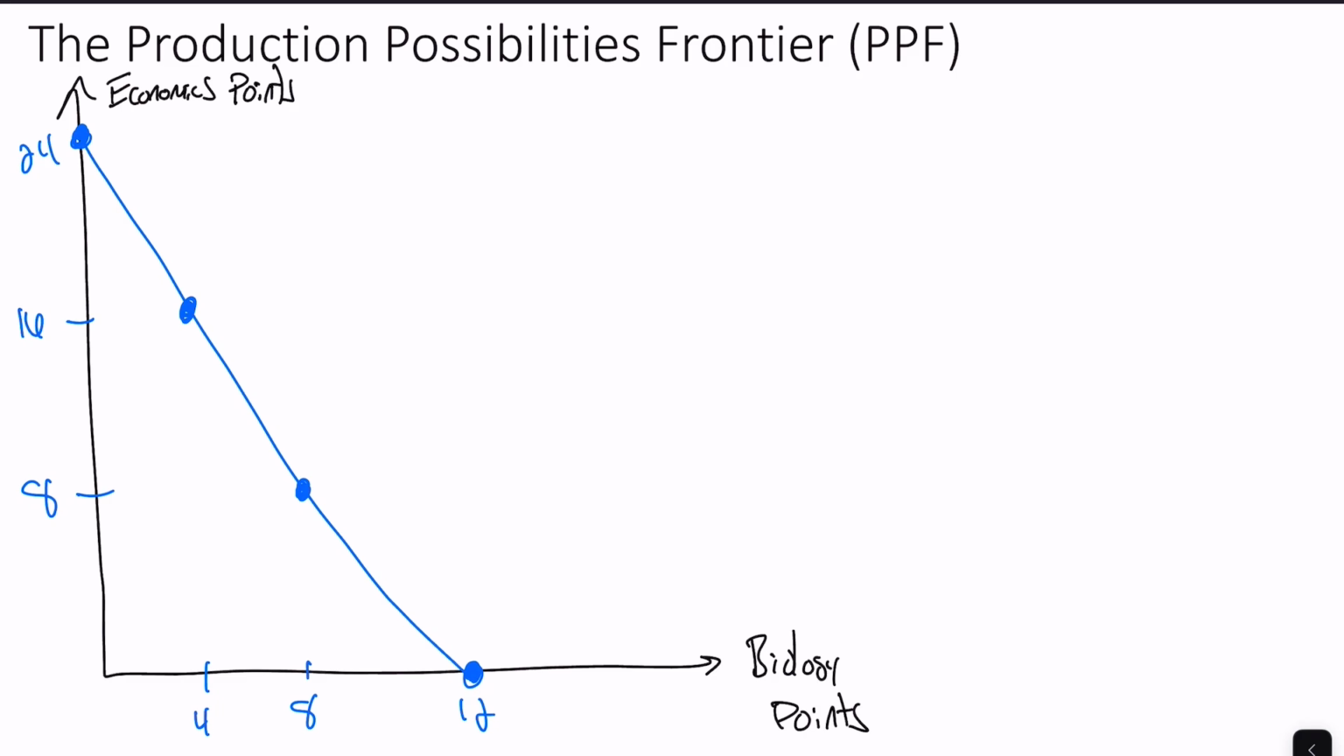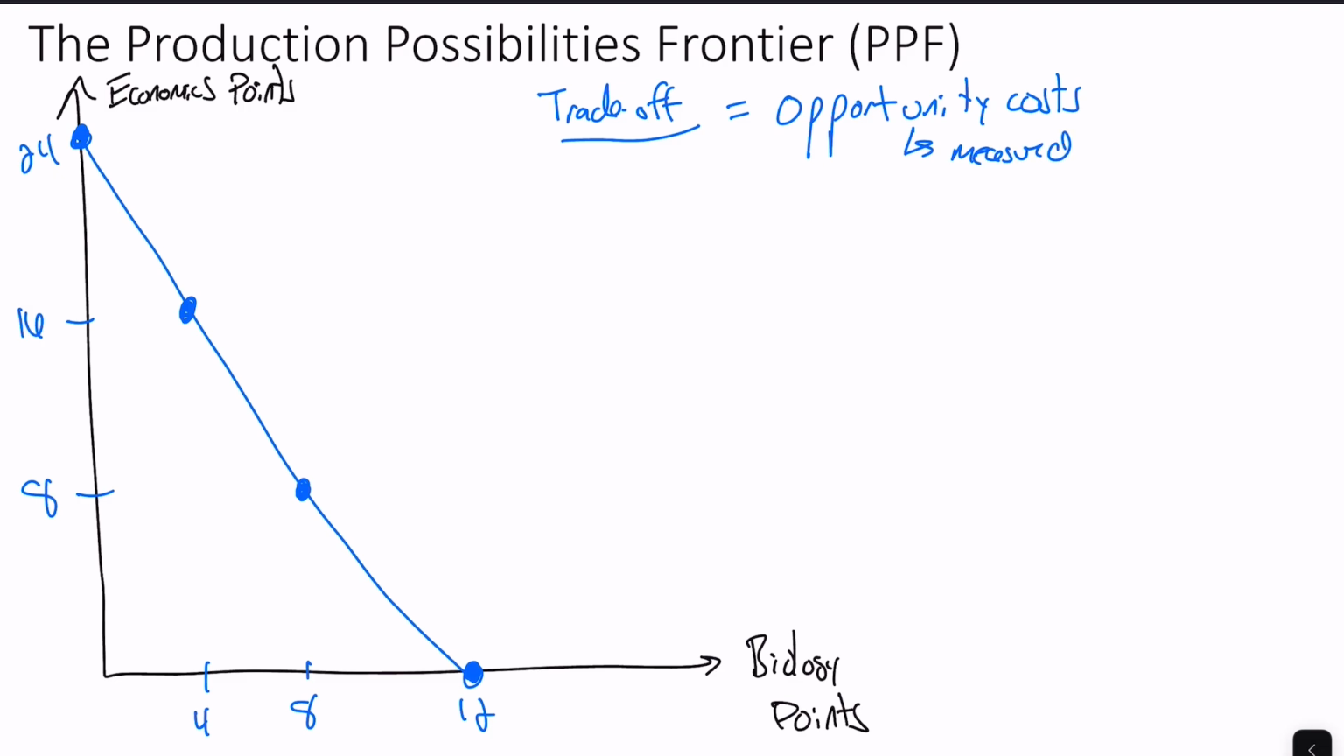The PPF will also tell us the trade-off or the opportunity cost between the two labels on the axis. So we have that we can get the trade-off between economics points and biology points. All right, so we want to get the trade-offs from this. You can think of trade-offs as capturing the opportunity costs. Now, opportunity costs will be measured in units